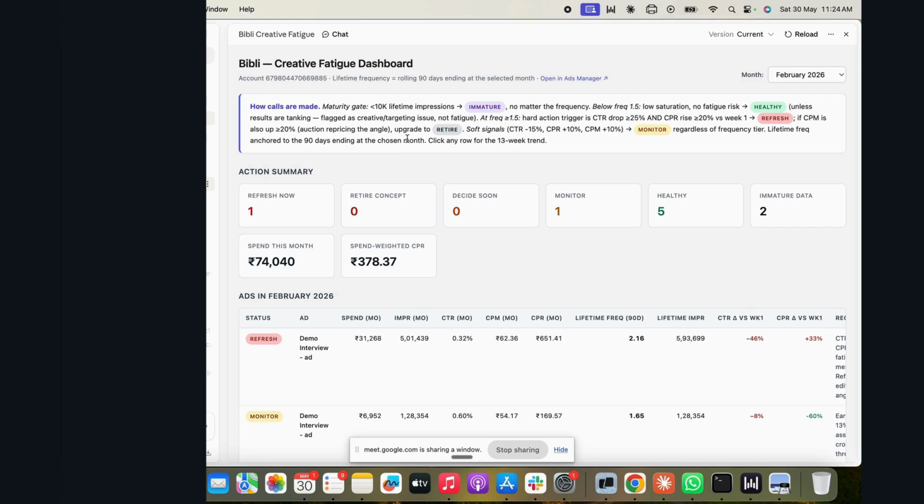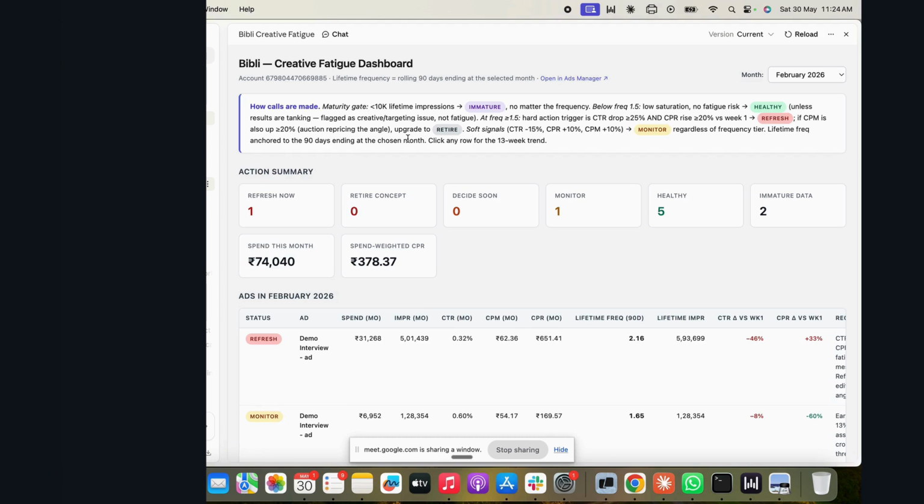So the key thing is, I was looking at some of the questions that came up in the form: will AI automatically tell me whether my creative is working or not working? Again, it's not a magic wand. You need to mull over it and debate it on the framework. Once the framework is frozen, once your rubric for how to evaluate is frozen, then AI is going to do a good job and tell you, okay, this is the right thing to do.